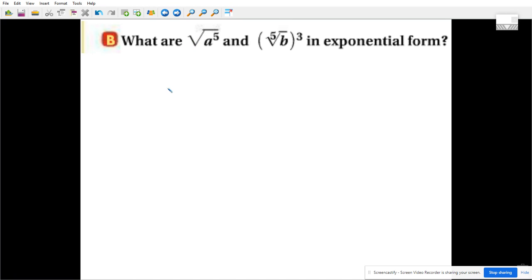Index is 2. So I have a to the 5 over second power. That's it. All I'm asking you to do is rewrite it. This one here would be b to the index always goes on the bottom. Index goes on the bottom, so it'd be 3 over 5. Nothing more to that. So being able to rewrite these is key